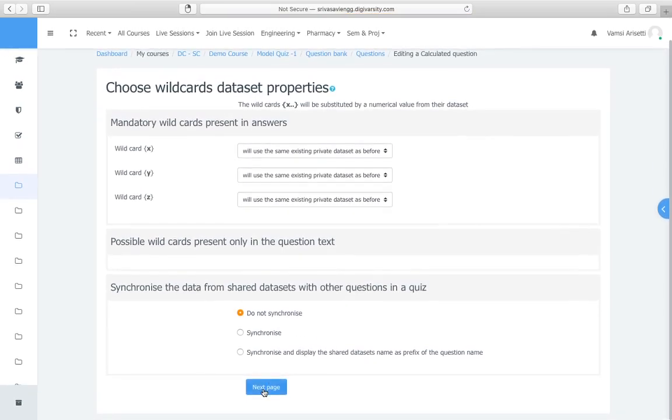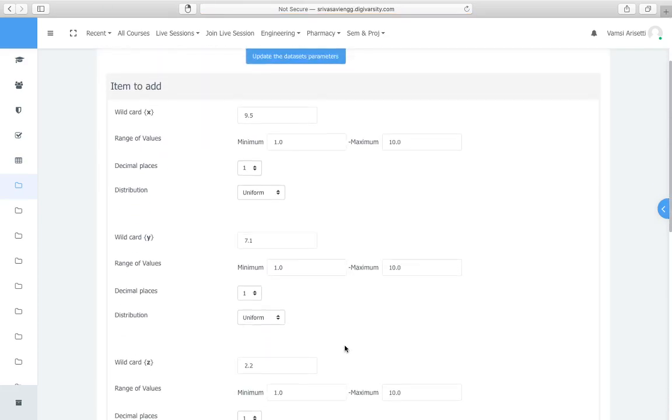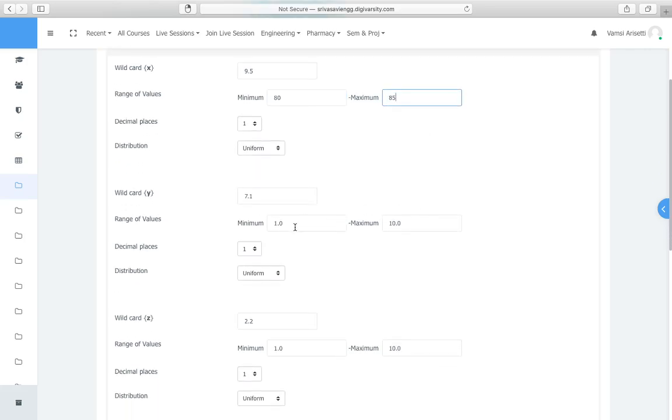Now you have to create questions. For this, you have to give some range. For a good coal sample, you should have a range of 80 to 85 percentage of carbon. Similarly, you should have a hydrogen percentage of, so since I have offered a decimal place of 0.1, I am going to type in